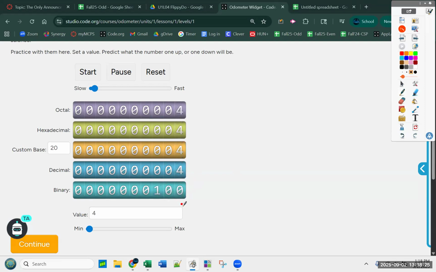And just like with decimal, every time it goes back to 0, the next column gets incremented. Increment just means go up by 1. Okay, and so that one goes from 0 to 1. When it goes back to 0, the next column is incremented. So it goes from 0 to 1. When it goes back to 0, the next column is incremented. Okay, so it will look like this,